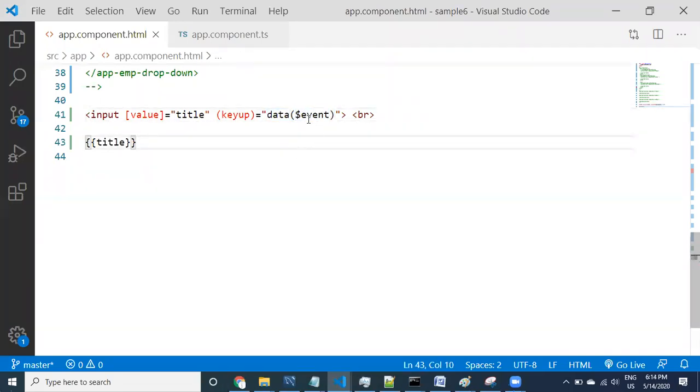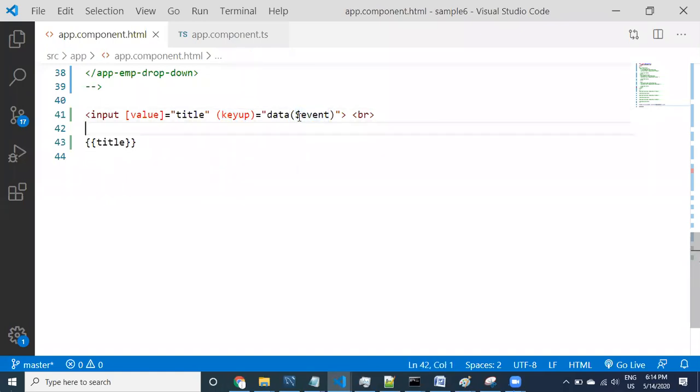Event means this is one object, the event object. This can be called the current event object. Whatever event occurred, that event related information is going to be available inside the event.